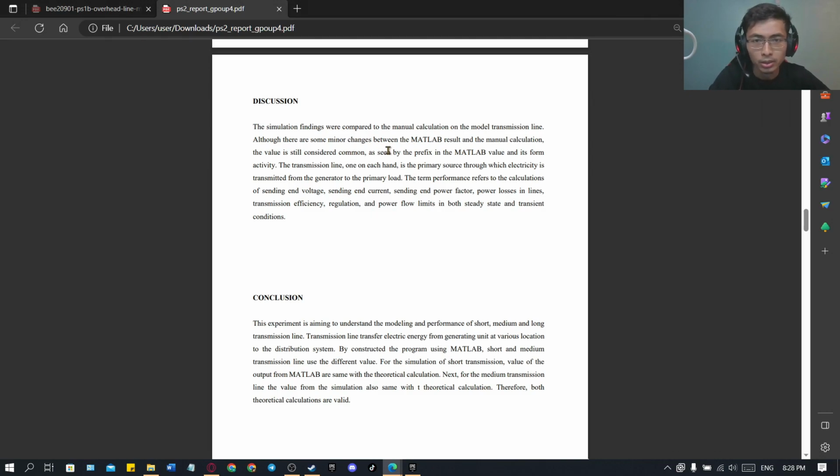So I continue. As seen by the values in the MATLAB result, the transmission line is the primary means by which electricity is transmitted from the generator to the primary load. The term performance refers to the calculation of sending end voltage, sending end current, sending end power factor, power losses in lines, transmission efficiency, regulation and power flow limits in both steady state and transient conditions,